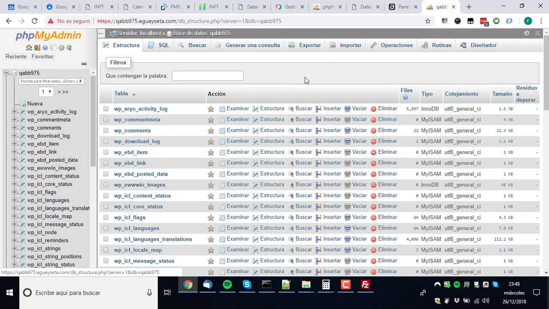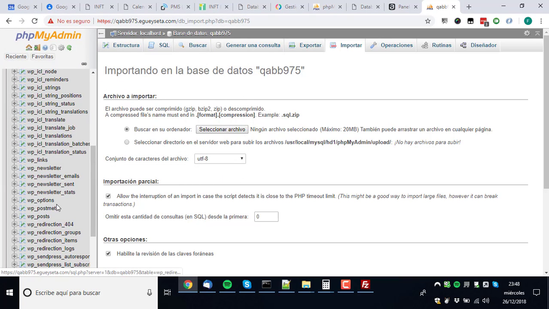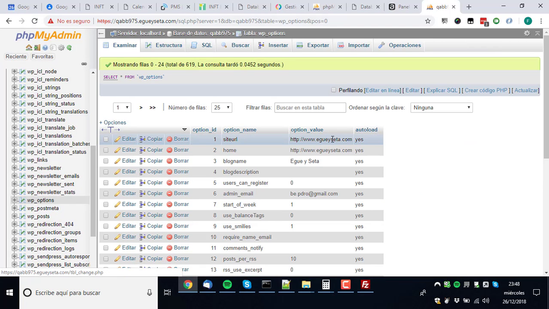This was empty, so I came to import, and then I select the database that I downloaded from the other place. So once I uploaded the database, I went to options on the WordPress. I saw everything was fine.